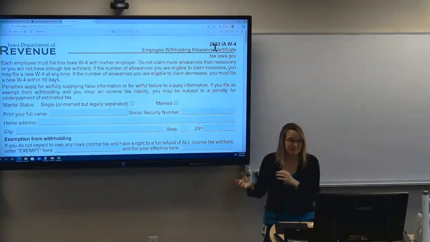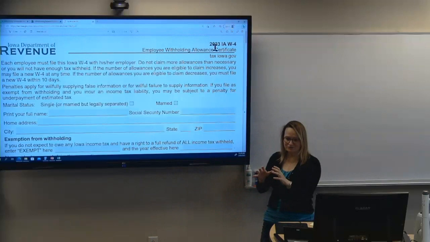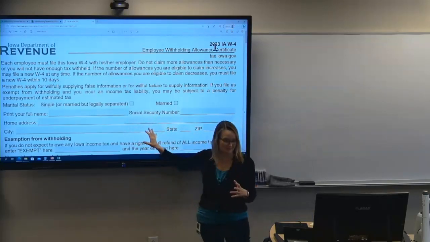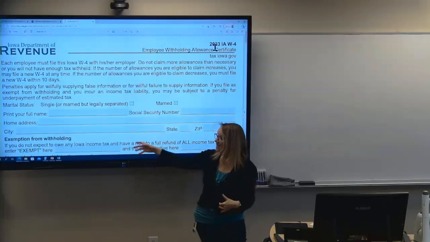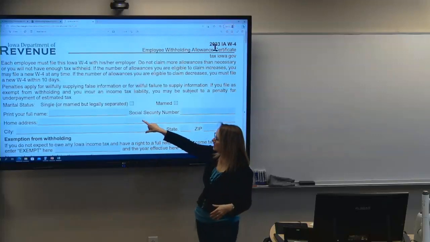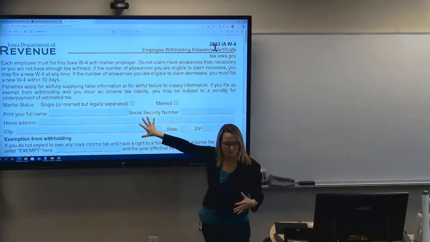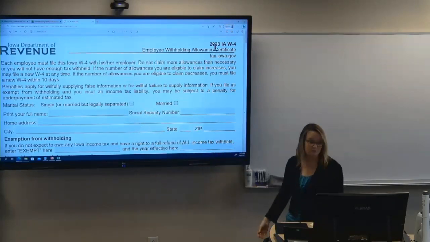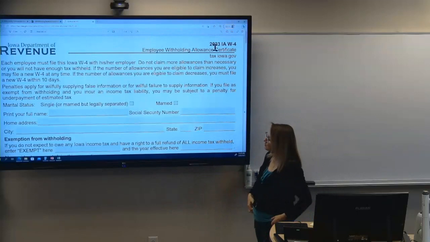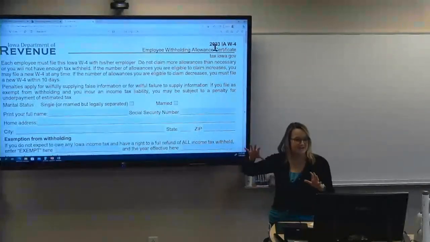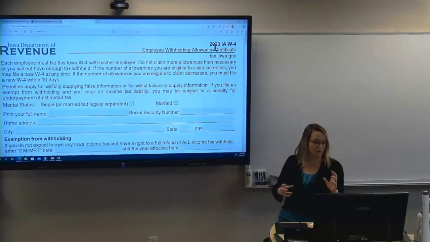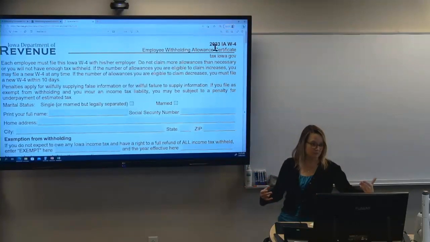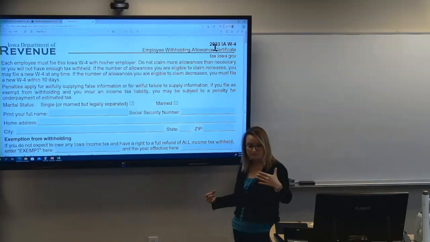But even though we have that extra filing status, when employees are filling out their W-4 forms, it doesn't really matter. They're either married or they're not married, right? And you can see there's no head of household choice here. There is a head of household choice on the Iowa tax return, but on the W-4, it kind of has that same feel as the old 2019 and earlier W-4 form for the federal government,